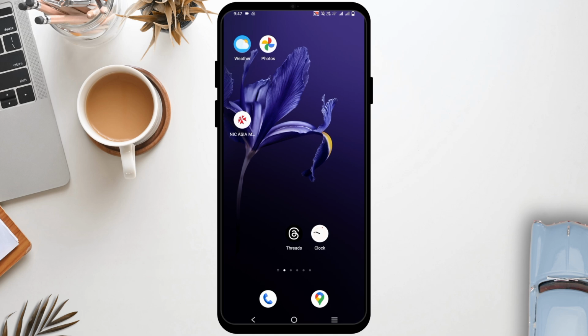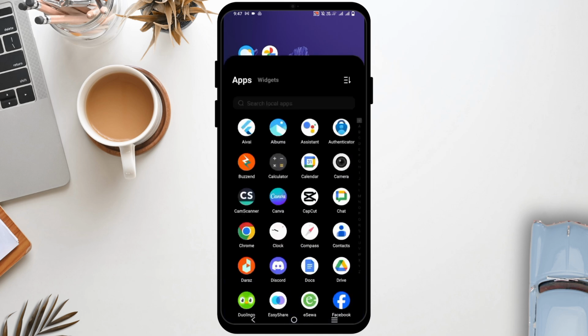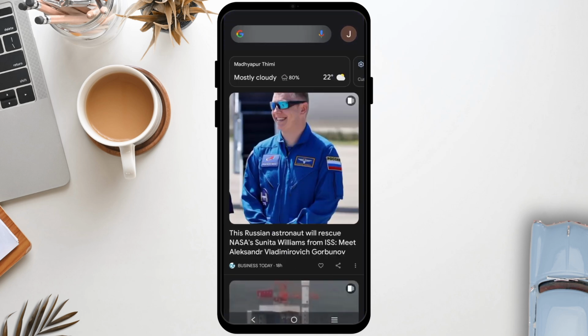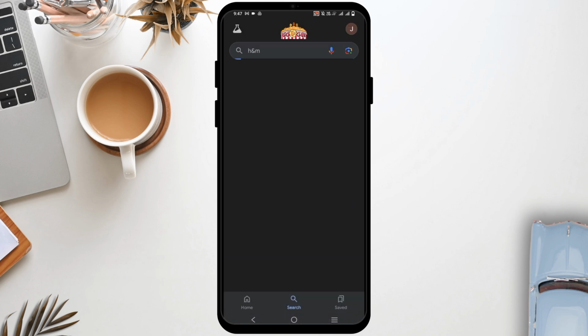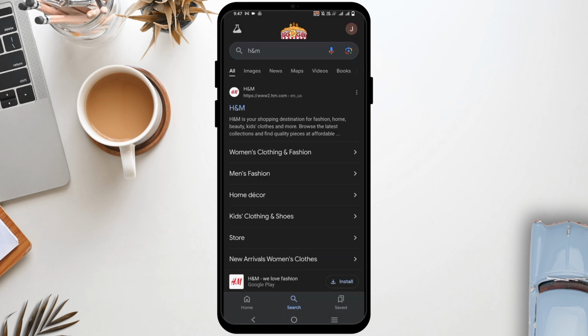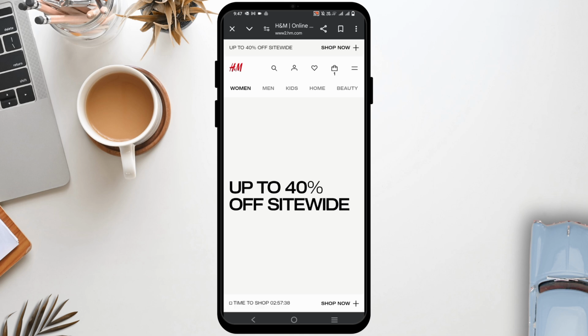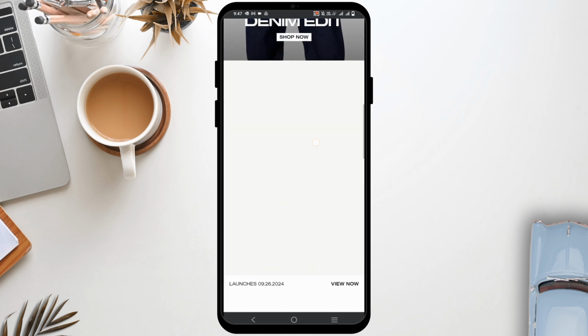If you want to insert the payment method and the different details of your payment on H&M, the steps are quite simple. First and foremost, head over to any of your preferred browser to go to the H&M's official website. Once you tap on its website, first thing first, you need to log in using the profile icon. Tapping on it should give you option to give in your credentials, and once logged in, we need to now